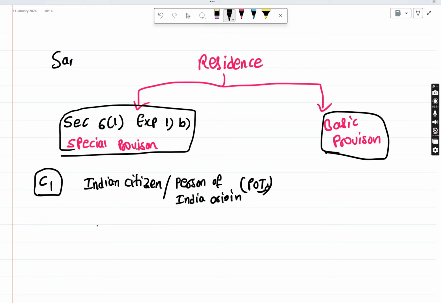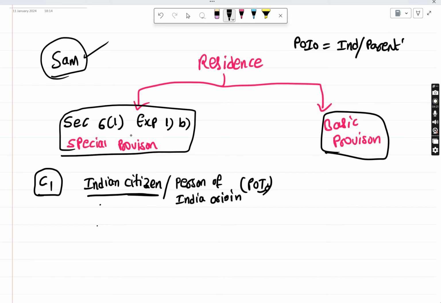Let's just say there is Sam. Now we want to find out whether Sam is a resident or non-resident. How do I know? I need to apply this provision. First, special provisions. We need to check whether Sam is an Indian citizen or a person of Indian origin. What is meant by person of Indian origin? Either the individual himself, the assessee, or his parents, or his grandparents,